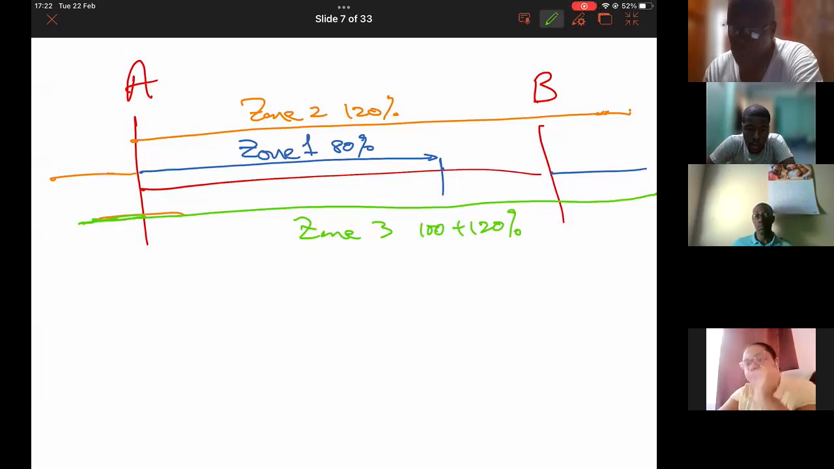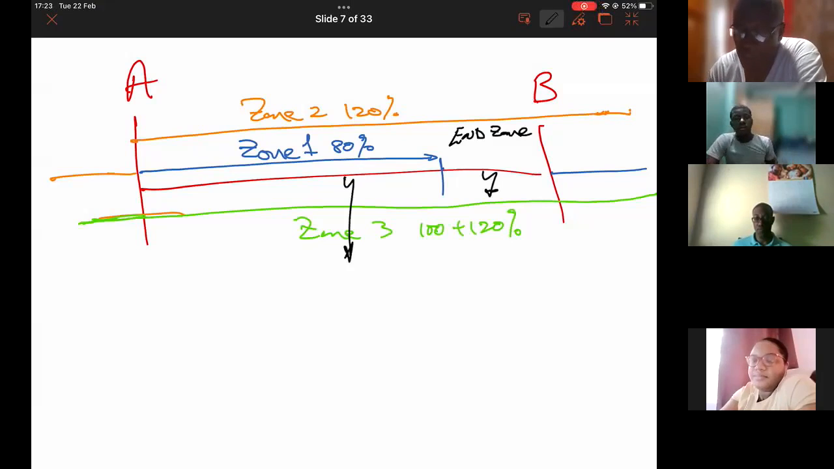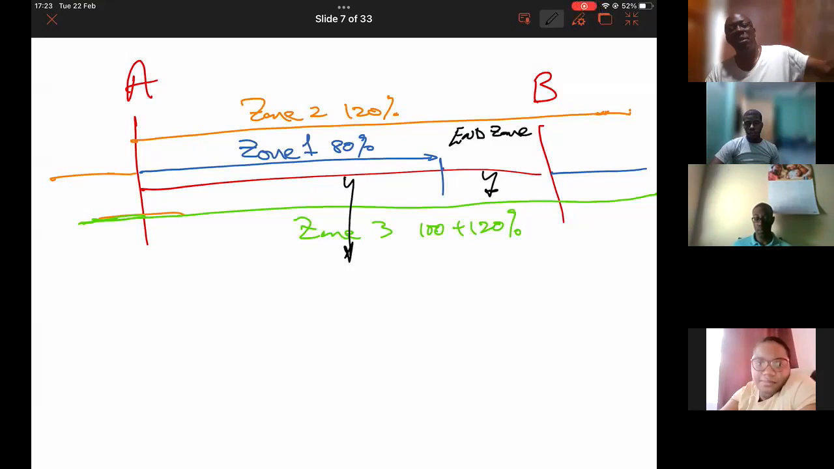So the end zone that we are talking about would be here. If the fault occurs in the latter 20% of the line, that is where we have a problem. Everybody with me? Remember the red one is the original line. If the fault is in the middle of the line, the relay at end A, which is substation A,